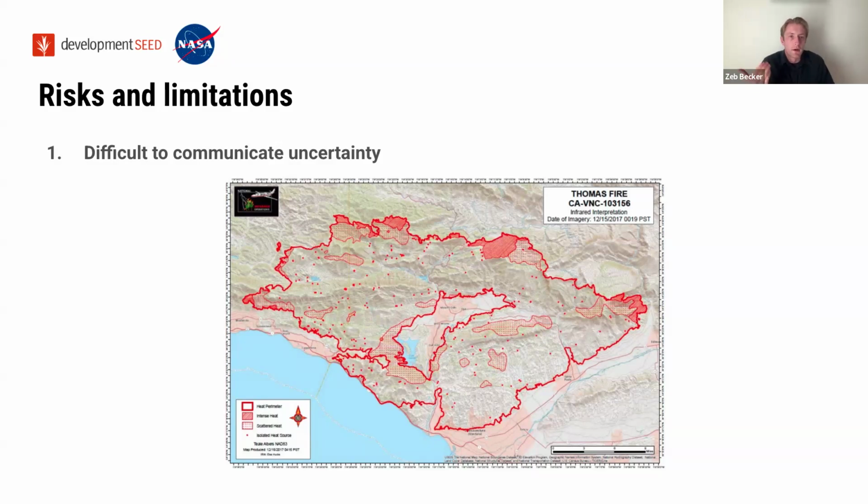So unavoidably, if you're someone who uses these maps, you have a mental model in your head of what it means to see a line like this on your map. You have certain assumptions and knowledge built out of your experience about the ways in which those perimeters are usually accurate and the ways in which they're inaccurate. So I view as a danger here, something we need to think carefully about how to communicate: FEDS has different underlying limitations and uncertainties.